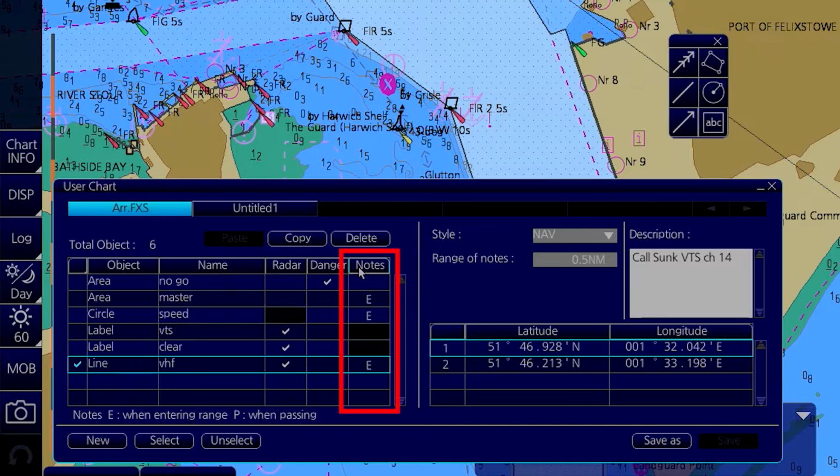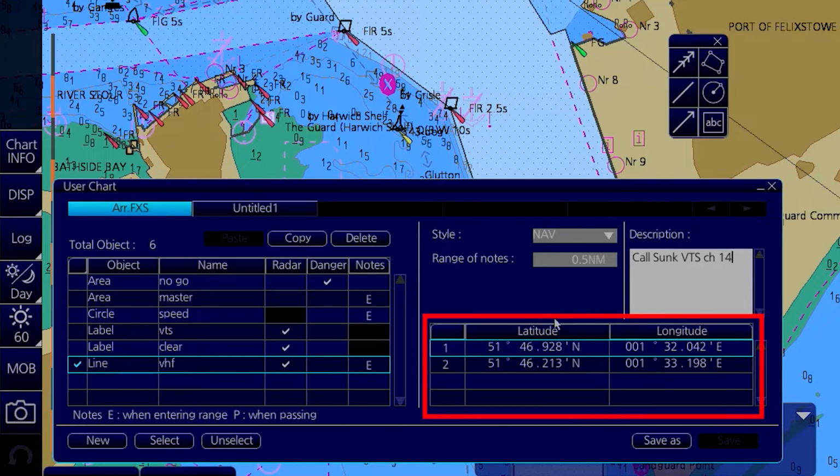So our next column is notes. What will happen if we select notes in any user map object? When our ship reaches or passes by those objects, a note will pop up and will show the information which is there on that note. Then on the right side we have description box. This is where we have to write down the information which we want to be displayed in notes. So you can write down in here. Now below that we have latitude and longitude table. In here basically we can put down the latitude and longitude to move or shift the objects which are there